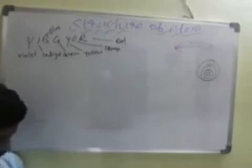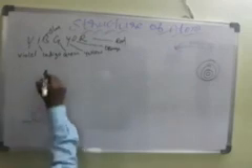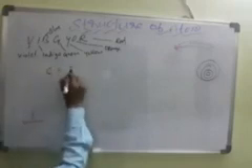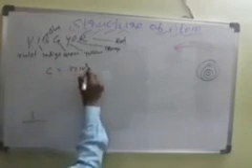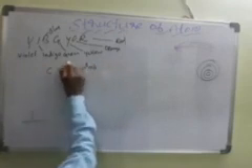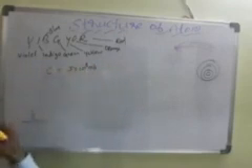And visible light is an electromagnetic wave, and the speed of light is 3 × 10^8 meters per second. The speed of light in vacuum, that is c, is equal to 3 × 10^8 meters per second. So in a vacuum, light will travel at this speed. It is a very important half mark question.